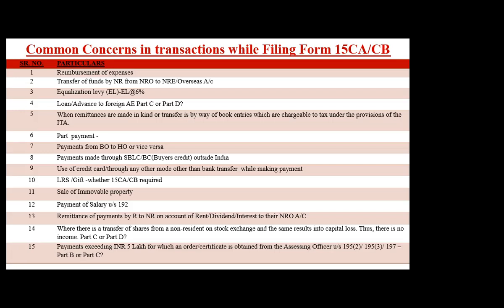Sir, there is a very long list. FEMA has got a more exhaustive list. Sir, I do not recall it, but I can share with you later. So now, sale of immovable property, we have already discussed in the first slide itself, that gross consideration versus net consideration. We are supposed to issue 15CB on the total amount, as already discussed.